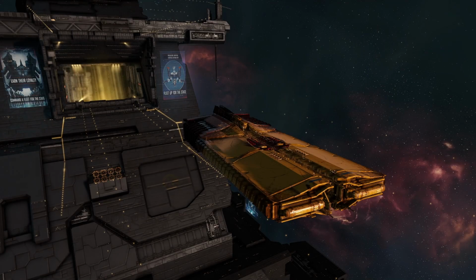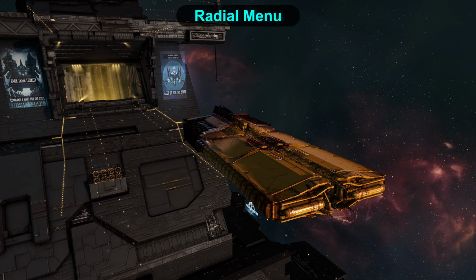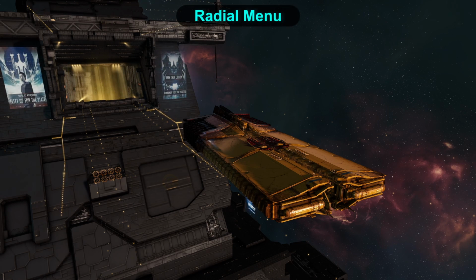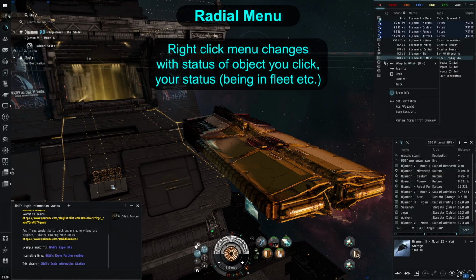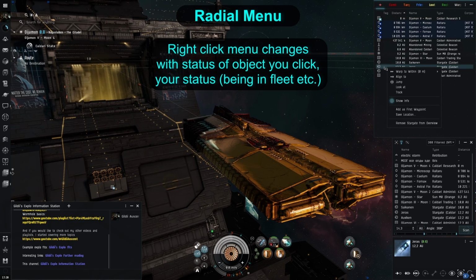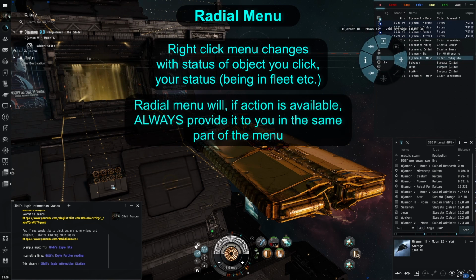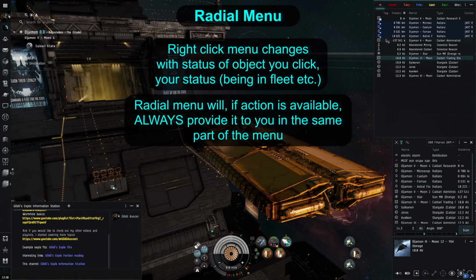Next on the chopping block is the radial menus. I know, you right-click purists don't want to hear about it, but hear me out. And for new players, check this out, you might like how this works and speeds up your actions. So instead of right-clicking everything to be able to interact with the galaxy of New Eden, try to left-click and hold. What I prefer about the radial menus myself is that if you open it on a gate, ship, station